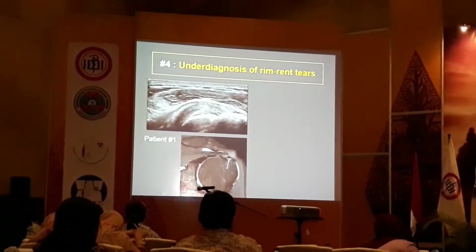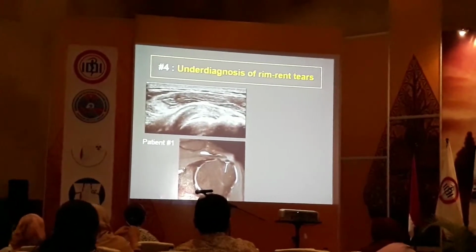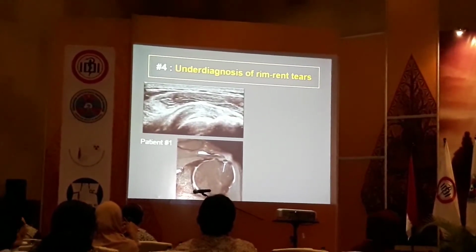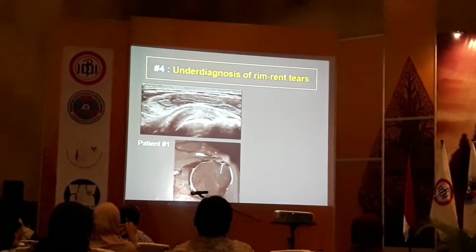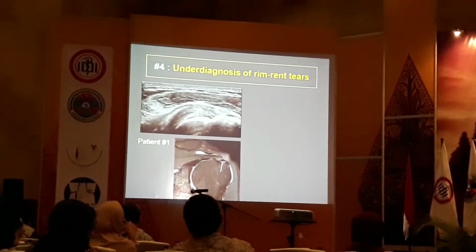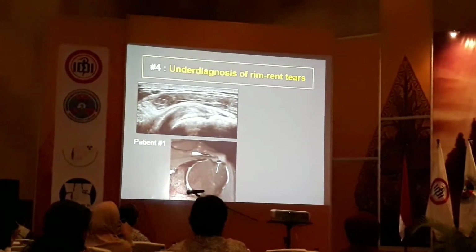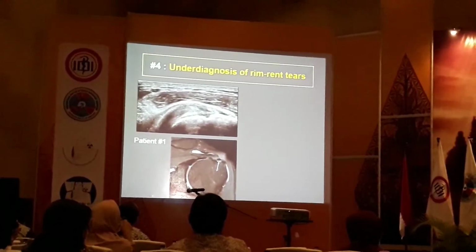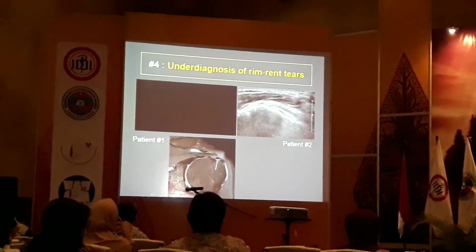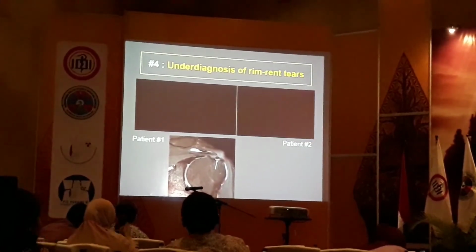This is not an uncommon site of tear, and they're often associated with some bursitis. So do look out at the leading edge of the tendons, the anterior leading edge and the lateral leading edge of the tendon, for these small little rim rent tears. This is what they look like on MRI, just small little avulsive partial thickness tears. They can be overlooked if you don't look at this area particularly and recognize what the appearances can be. Sometimes when you get avulsive type tears, that avulsive type tear may be filled with fluid,